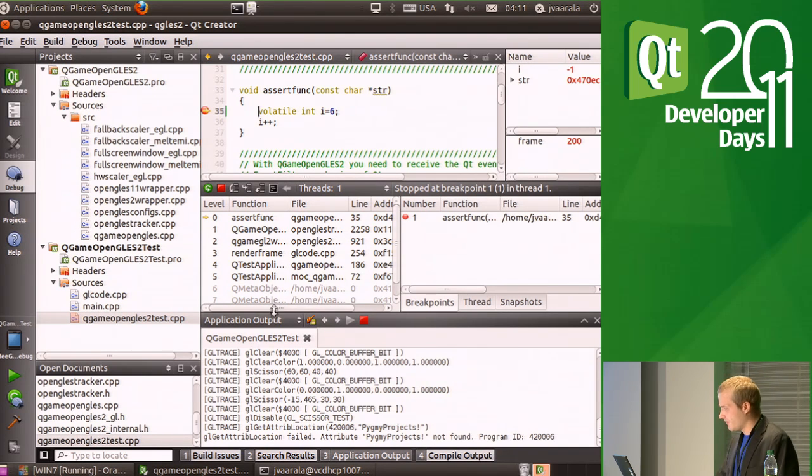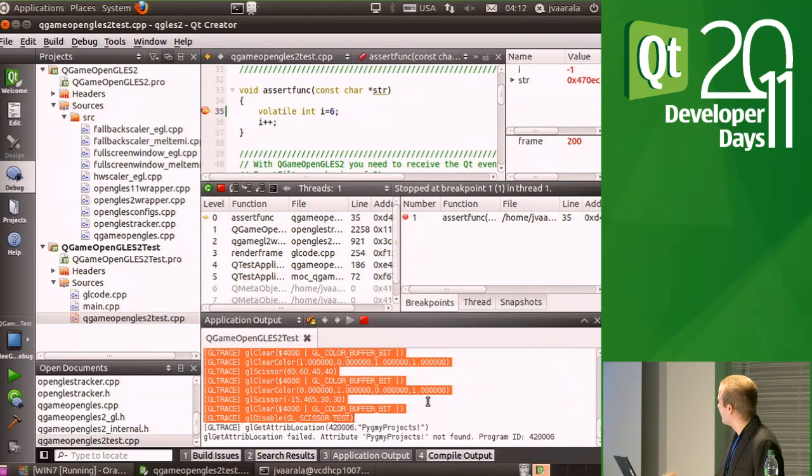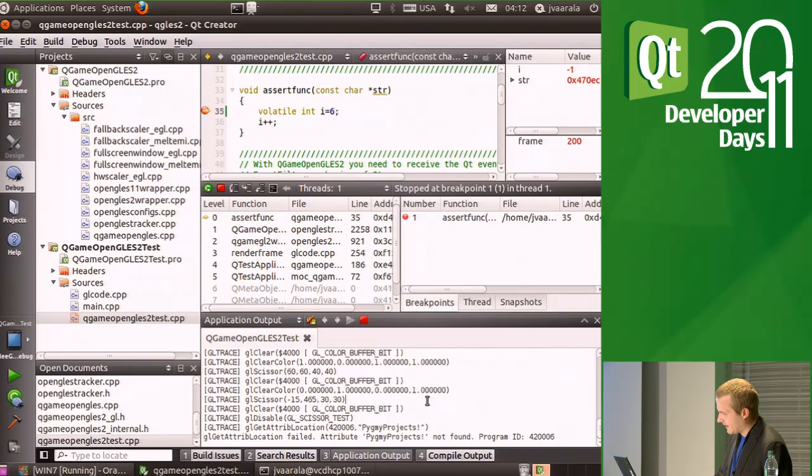And what you can see here is that in the application window, I have enabled GL call tracing as well, so you can see all GL calls that are going through the driver. And at the end of it, you see that I'm trying to get the attribute location for an attribute that doesn't exist,